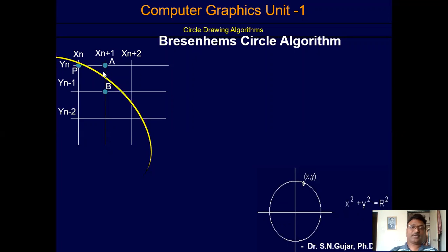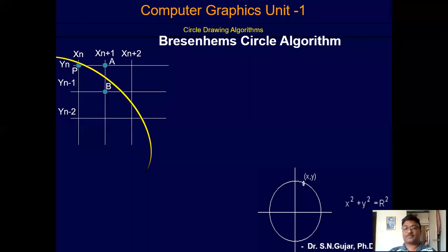Bresenham said that whenever the next point comes, you have to select either the upper one or the lower one, depending on the distance, that is D upper and D lower. Yesterday we calculated this as a decision parameter. You take the decision and select whichever is less. So you have to select either the A coordinates or the B coordinates, using this algorithm.